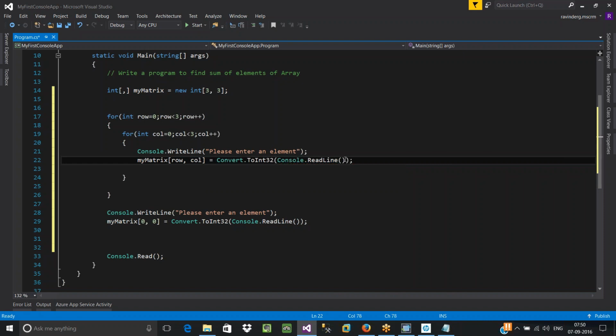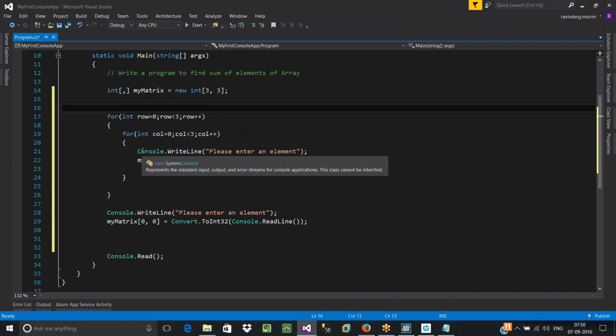See, try to understand this logic. It is very, very important, because in real time you may need to write for inside for inside for inside for. So you need to be aware of the execution process of nested for. See, let's say here I have written a for inside another for, right? So this is called nested for. The outer for is called the parent. This is called the child, or you can call it the inner for or outer for. So first it will go to the outer for loop, because the inner for loop is part of the outer for loop, a kind of subset.